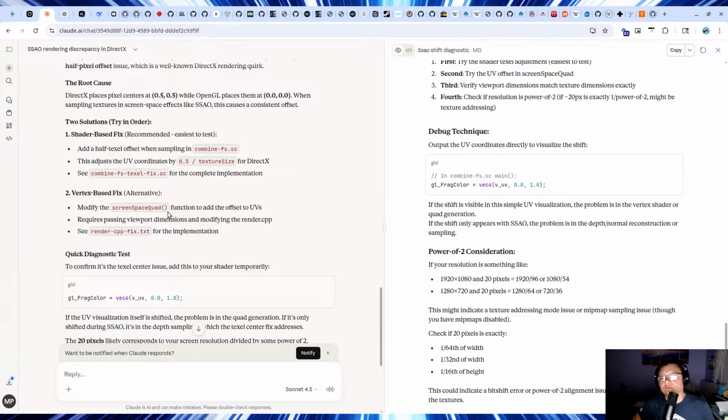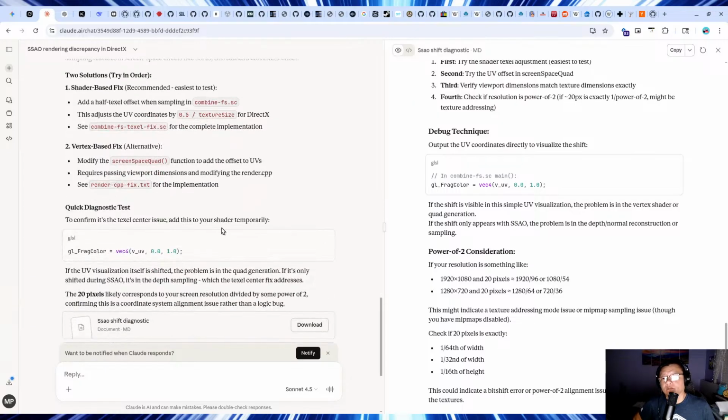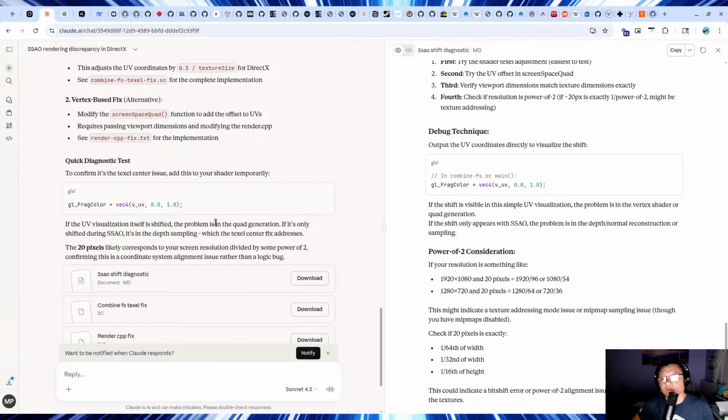Two solutions, try in order. 1. Shader-based fix, recommended, easiest to test. Add a half pixel offset when sampling in combine fs.sc. This adjusts the UV coordinate by 0.5 / texture size for DirectX. See combine fs.sc for the complete implementation. 2. Vertex-based fix, alternative. Modify the screen space quad function to add the offset to UVs, which requires passing viewport dimensions and modifying the render.cpp. See render cppfix.txt for the implementation. Quick diagnostic test to confirm it's the texel center issue: